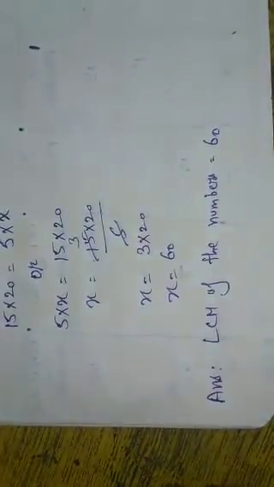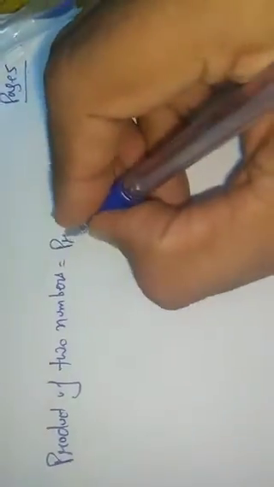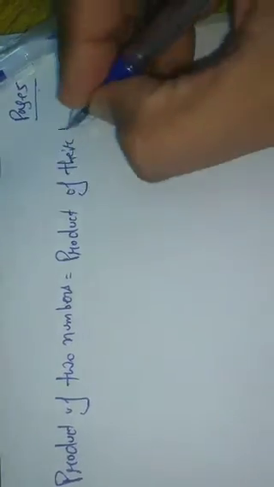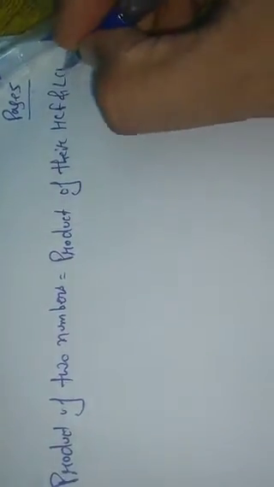Okay, students? Now students, page number 5. This is your page number 5 of today's class, C part of question number 5. The same formula is applicable in C part. The first number has not been given, so your formula will be applicable: product of two numbers is equal to product of their HCF and LCM.